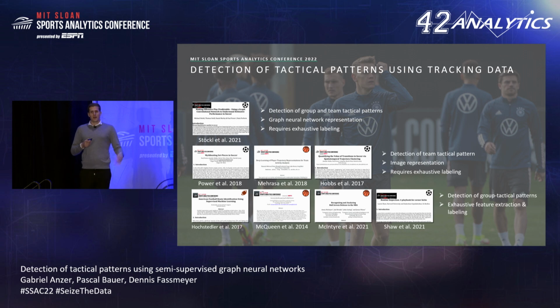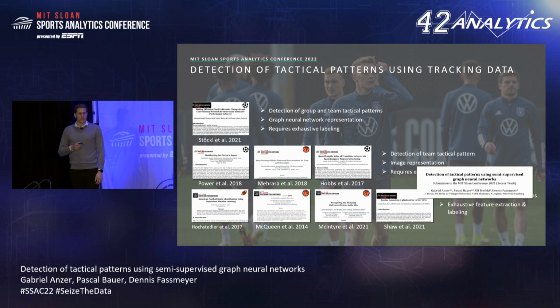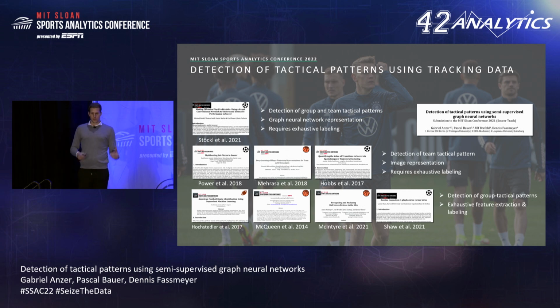That has the big advantage that it allows the authors there to detect both group tactical patterns, such as overlapping runs, where only two players are involved, but also team tactical patterns, such as counterattacks or counterpressing. In football, again, the biggest problem there is that a huge amount of labeled data is required, and that's why we're going to present an approach where we use this graph neural network representation of positional data and combine it